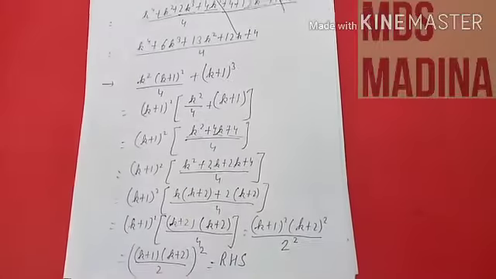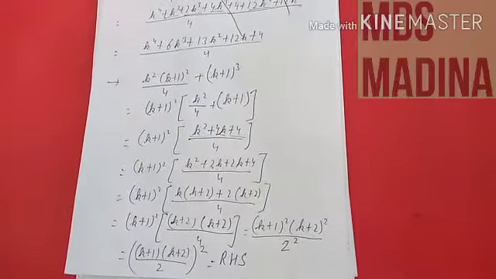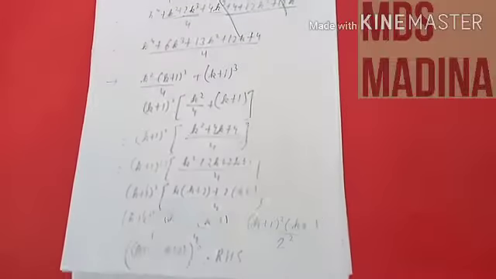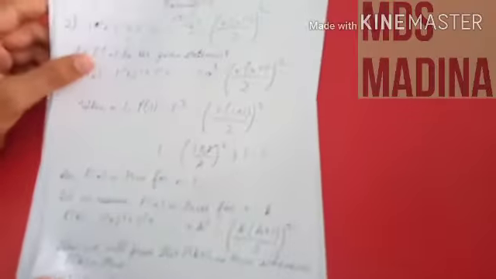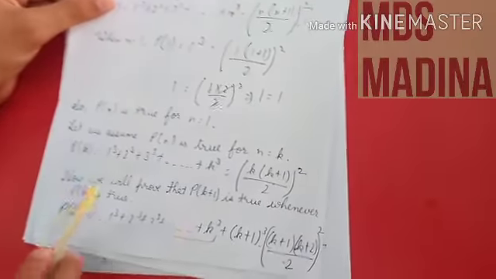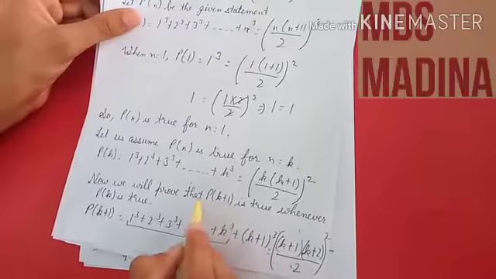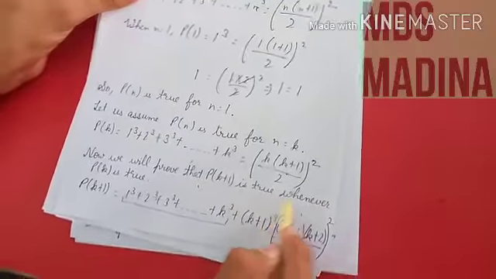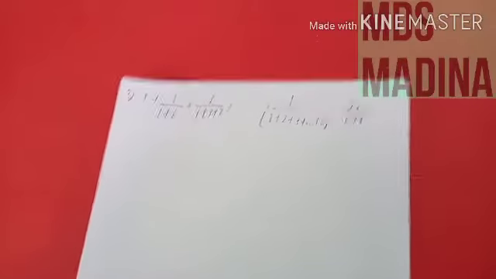Now next question number 3. After this question, after writing this, then we will write that hence P of k plus 1 is true whenever P of k is true. We will not write hence P of k is true. So this is our third question,